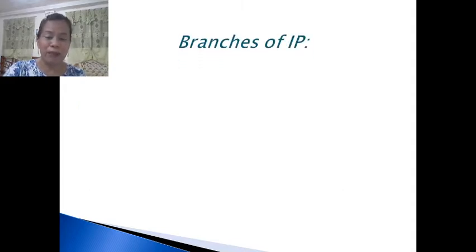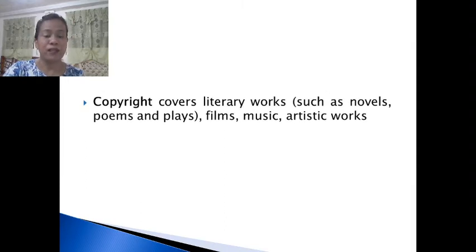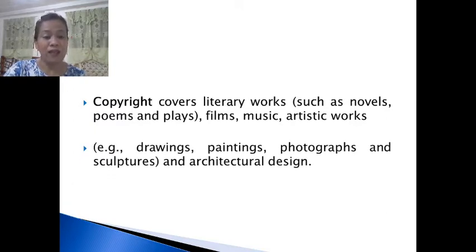Then branches of IP or intellectual property. These are first industrial property, which includes patents for inventions, trademarks, industrial designs, and geographical indications. Copyright and other copyright laws, okay, which cover literary works such as novels, poems, and plays, films, music, artistic works. Other examples: drawings, paintings, photographs,